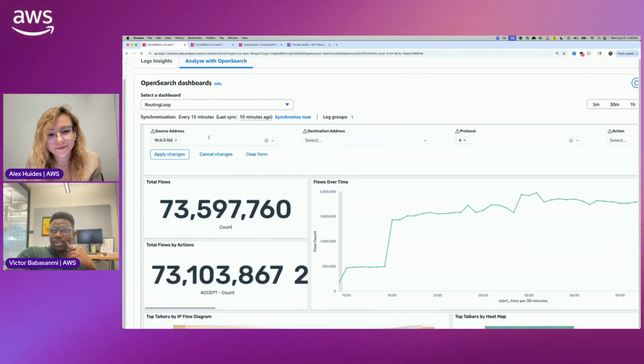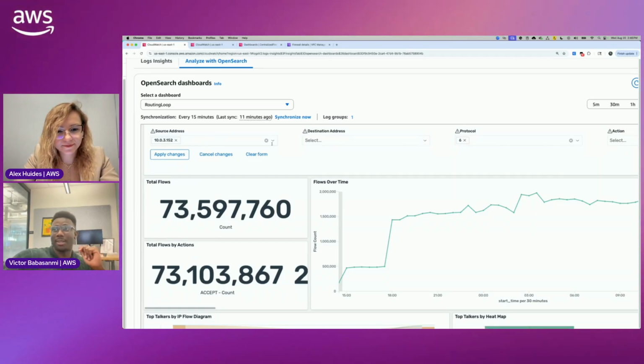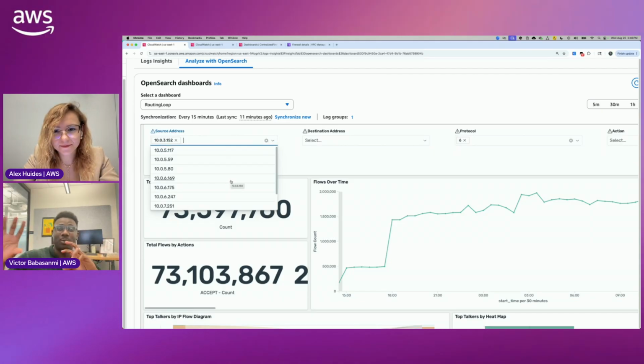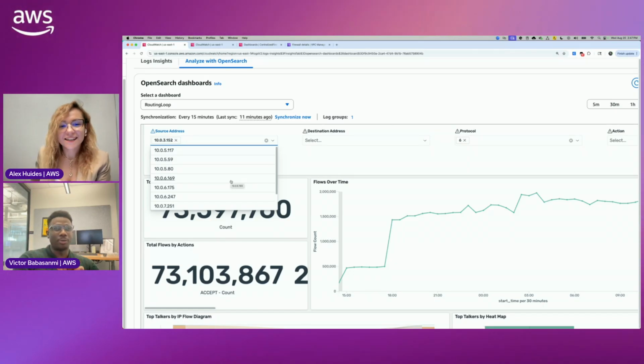Yeah, I actually wish, because there's a blog that I think I contributed to a few months ago. I wish I had thought about that question. I could have demoed that for today's session. But so you can do it. To answer your question, you can enrich the logs with additional information, because to your point, these are IP addresses, and that's because that's what's in the flow logs by default. So the flow logs currently don't have tags by default. So you could enrich that by just having some additional automation to fetch that information and add it to the log entries. There's a blog that's out there that I don't know if we can fetch and put